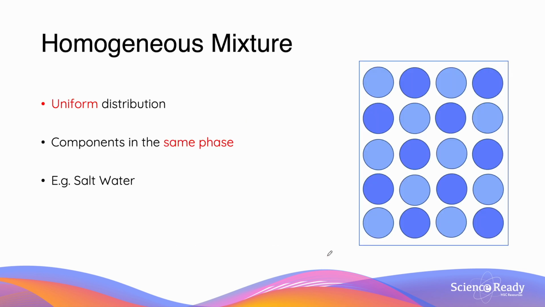First, we'll look at a homogeneous mixture. Now, if a mixture is homogeneous, this means that the mixture has a uniform distribution. An important thing to note for homogeneous mixtures is that the components must also be in the same phase. Now, an example of a homogeneous mixture is salt water, in which the salt has now dissolved inside of the